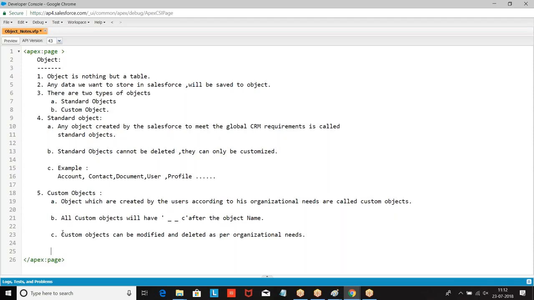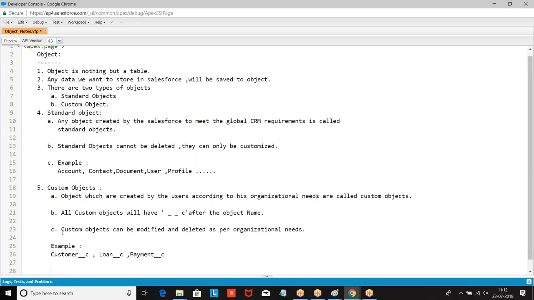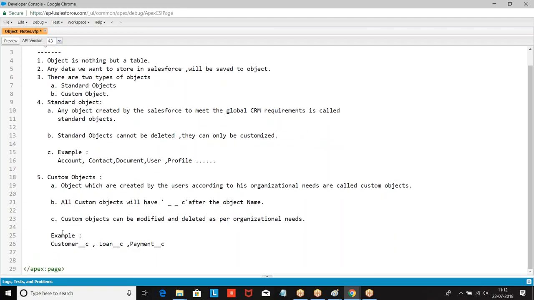So we have standard objects and custom objects. Example: Customer underscore c, Loan underscore c. Objects will fall under the model part of MVC.